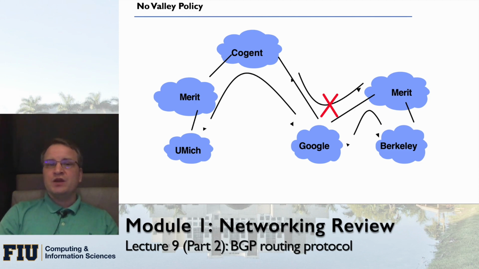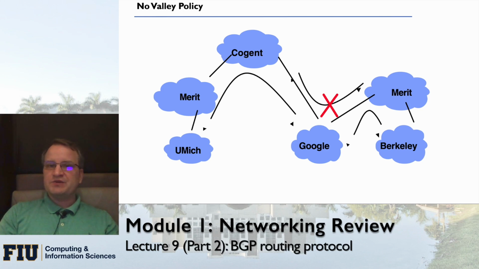The reason I'm mentioning this model of going to the provider and so forth is for one important reason. There is a so-called no-valley policy, which means you can only go to the provider once. If you reach some provider that knows the packet is destined to a customer, it will have to go down from that point, the logical down. It's a huge network, but logically the packet can only go from customer, to network, to provider, and then go down into the customer.